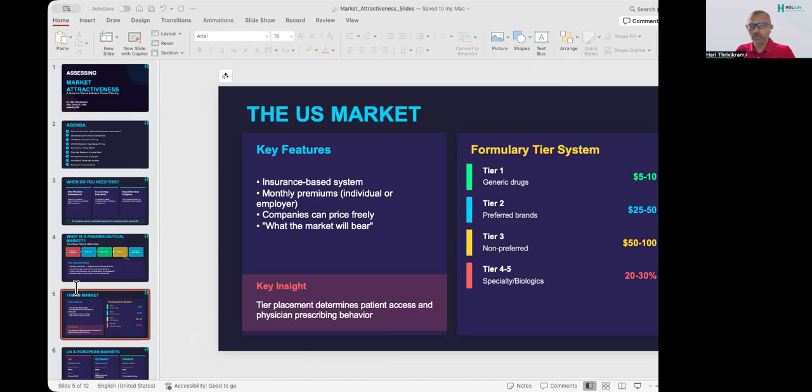It's not quite that simple, of course. I mean, insurers organize medicines into different tiers based on the prices, and the tier determines how much the patient pays out of pocket as copay or as co-insurance. The cheapest generics usually are in tier 1 with the lowest copays. And as you move up the tiers, the copay increases. And with specialty products like biologics, there would be co-insurance, which is a percentage of the total cost of the medicine. It could be like 20 or 25% or 30%.